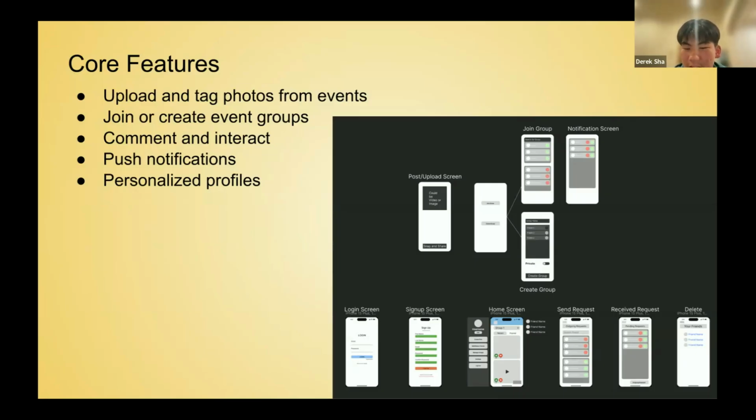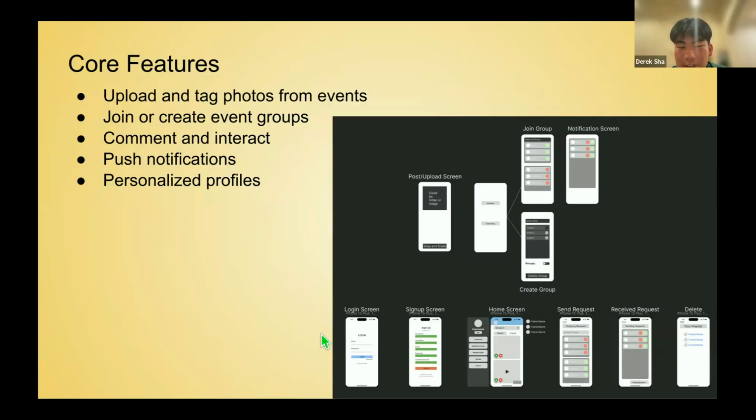These features aren't just for show. They are carefully designed to balance community usability and memory preservation, and they've been tested with real users to refine the flow and accessibility. Each one serves a specific purpose. Tagging improves searchability, group creation supports structure, and notifications drive engagement, and together they form a cohesive system. And here is